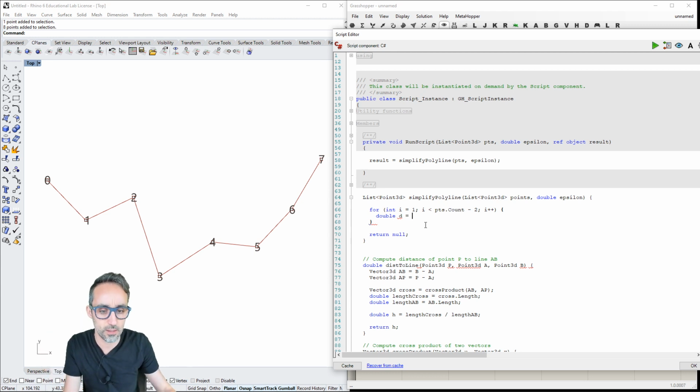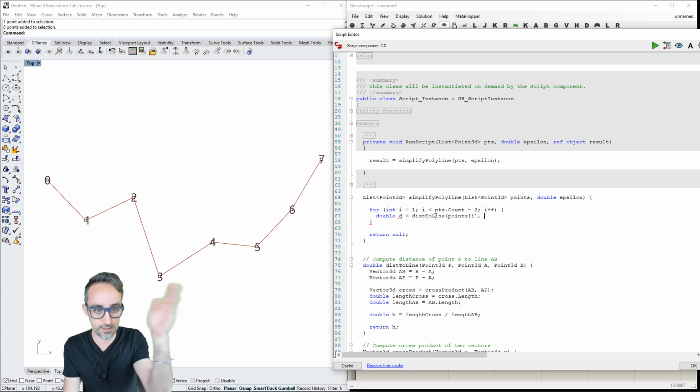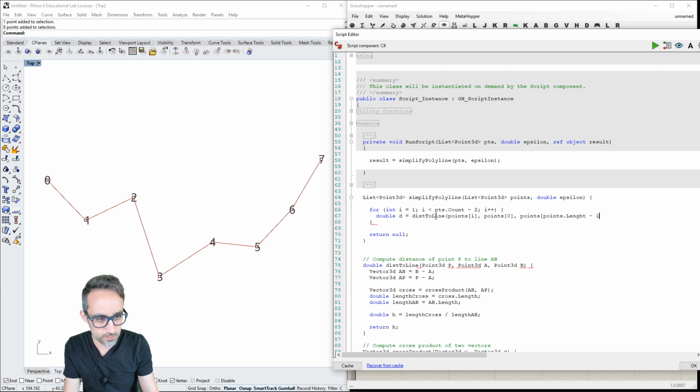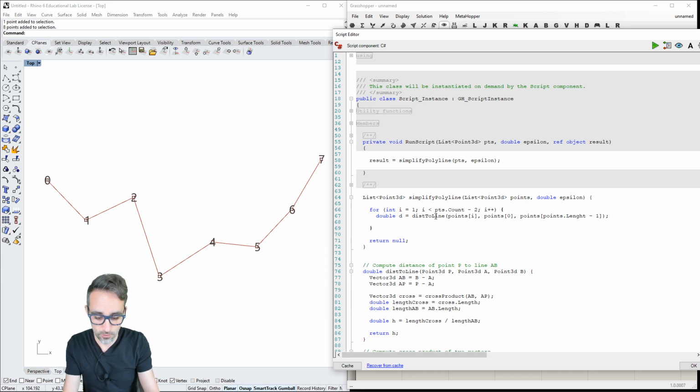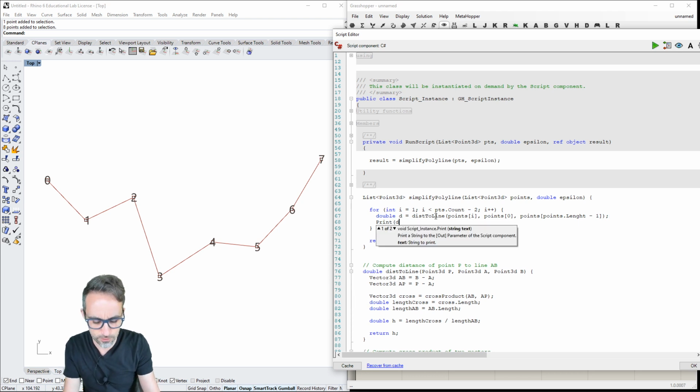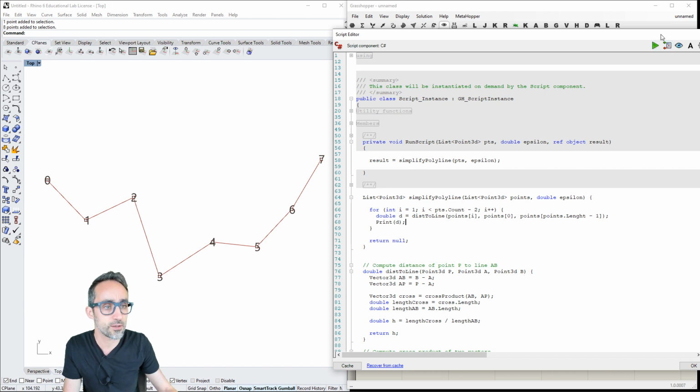So that's going to be DistanceToLine, and the point that I'm going to check is points[i], so each one of those points in the middle of the polyline, and then the points at the ends, A and B, are going to be points[0], the first one, and points.Length minus 1, which is going to be the last one of the polyline. So I'm going to print this to the console just to make sure that things are working correctly.